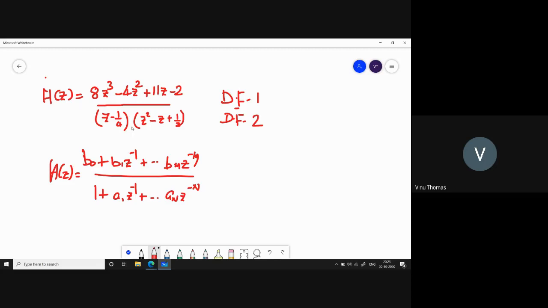Let me ask this question to Arvind. Okay, so what is the difference, Arvind? It is not in the powers of Z raised to minus 1. Right, exactly. So what should you do? Make it into powers of Z raised to minus. For that, what should you do? Multiply by Z raised to minus 4.